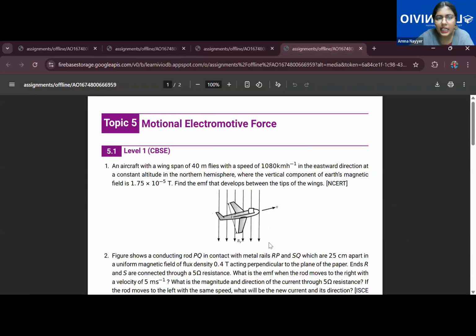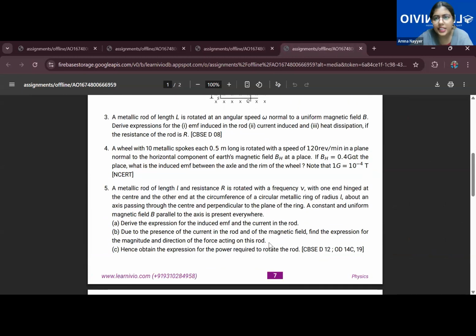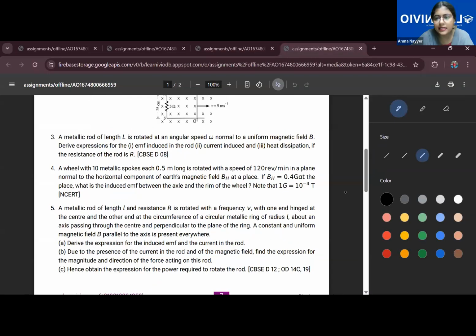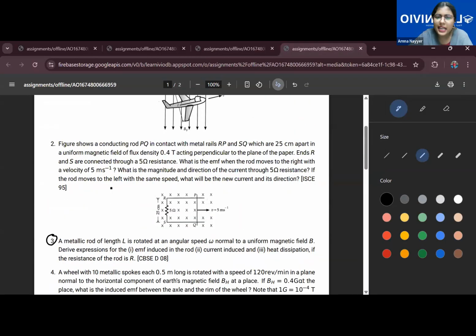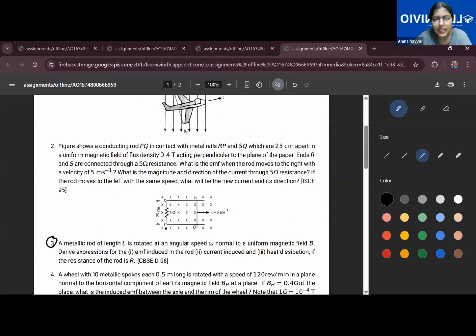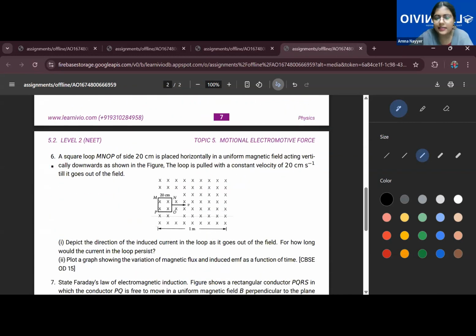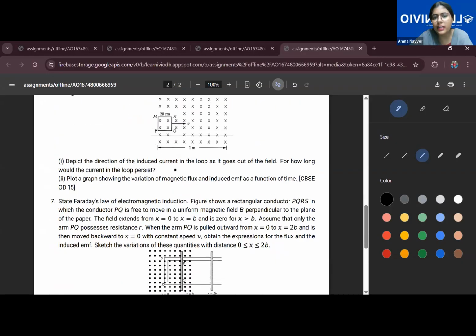And coming to this one, rest of the questions I gave. Here there's a question that is an important one which comes in the exam. Third one, I'll discuss the third one. Ubaidullah and Ali, I'll check your paper of this topic. Rest of the questions we've already discussed. This question we stopped at in the last class. These kinds of questions we've already discussed. The third one, fourth one, fifth one, this is a topic based on motional EMF only, but we'll discuss the third one. Fourth and fifth are exactly the same. So your entire assignment will be completed. And these two we have already done in the class itself.